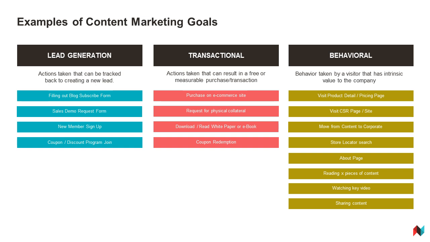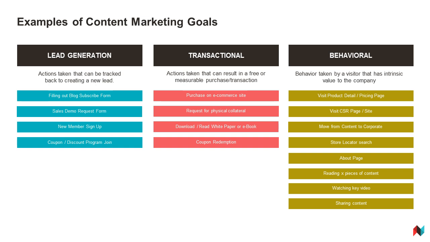An example of this would be if they move from the content to a product detail page, if they move towards a pricing page, if you happen to have it on your site, or if you don't, if you have a corporate social responsibility page, perhaps they move from the content towards that. Even moving towards the corporate site in general, if you happen to have interactive elements on your site, such as a store locator, or even just going to some of the About Us pages, learning more about the content, watching videos, things of this nature,